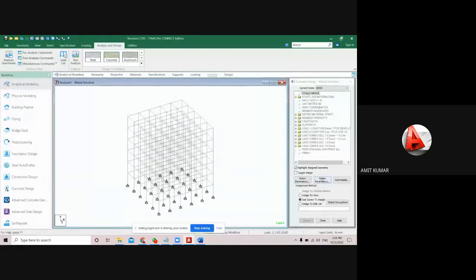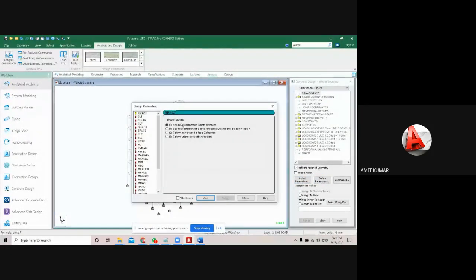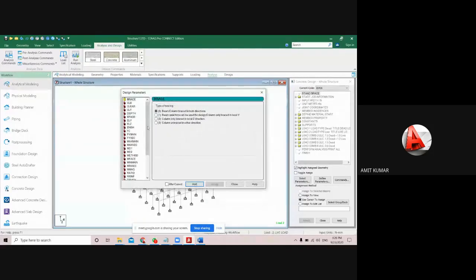Now come to the define parameters. Here in the define parameters, you are seeing that all the parameters were already selected. So I will use all the default values, but I will make a few changes in the compressive strength and a few points. So please note down what I'm going to change. First I'm going to change the compressive strength value. I'm just going to use the M25 grade. So I will provide the 25 Newton per mm square.